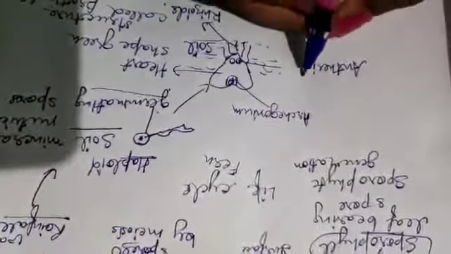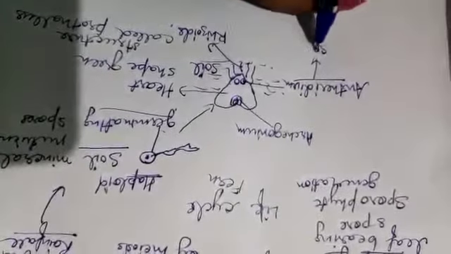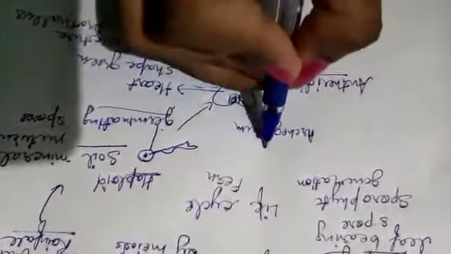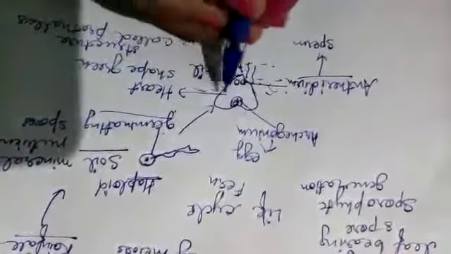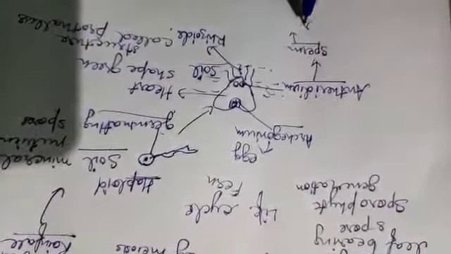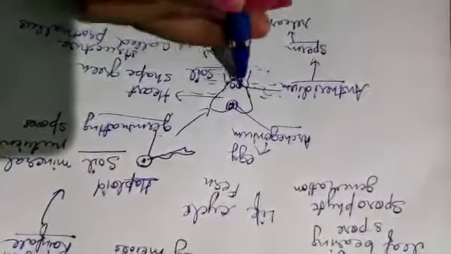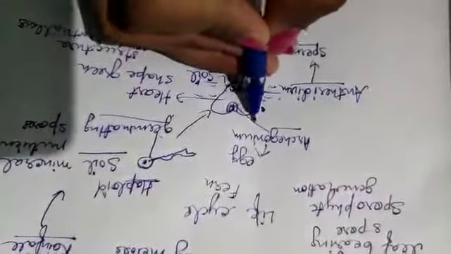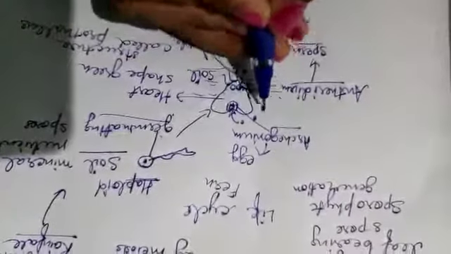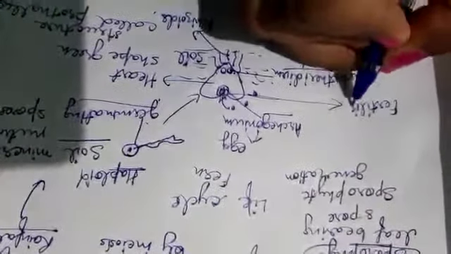So these sex organs: the antheridium will produce sperms, and the archegonium will produce eggs, and there will be a single egg in one archegonium. When the sperms are produced, they will be released in the water, and the water will help the sperms to float and go into the archegonium, and fertilization will take place inside the archegonium.